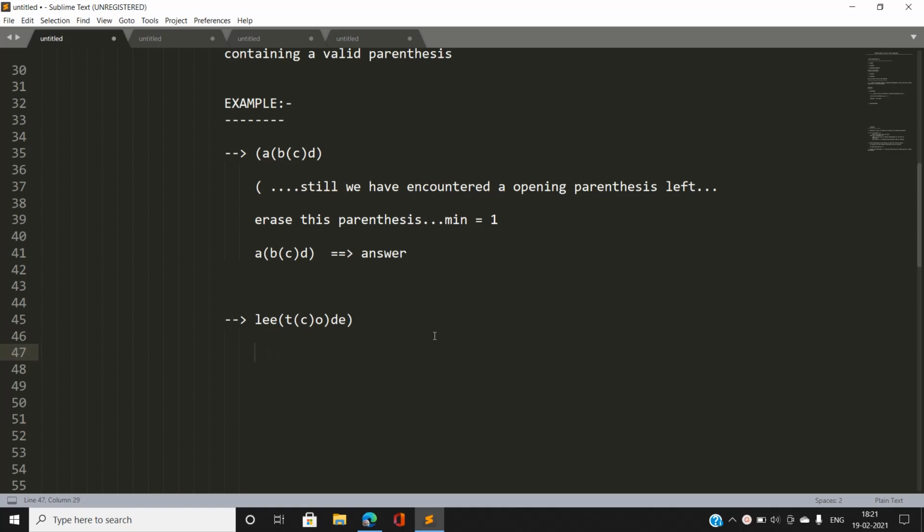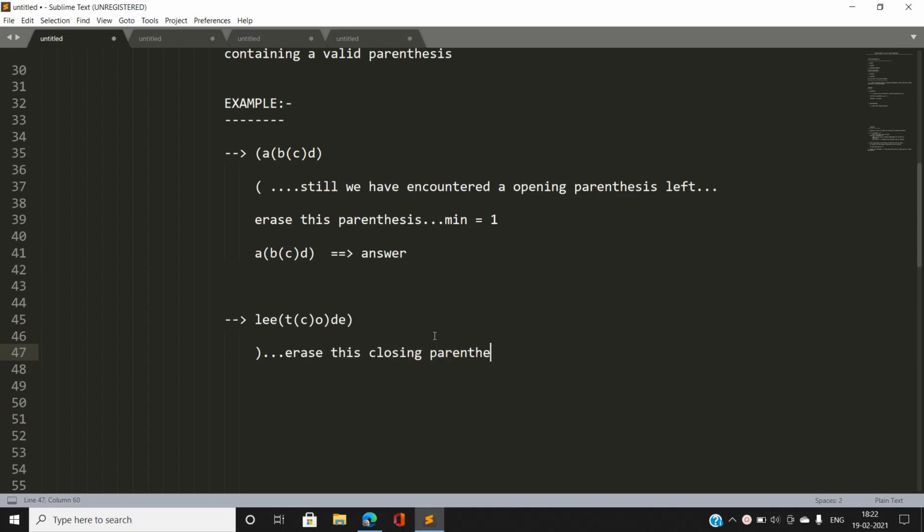Now here comes a closing parenthesis, but we have iterated through the string and still haven't found any opening parenthesis to cover it. At the current index we have found a closing parenthesis, but we do not have any opening parenthesis. So I am going to erase this closing parenthesis.